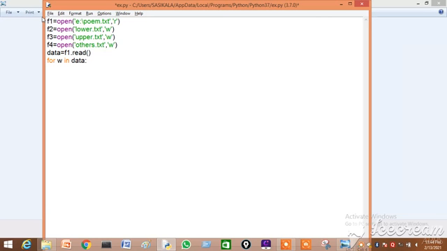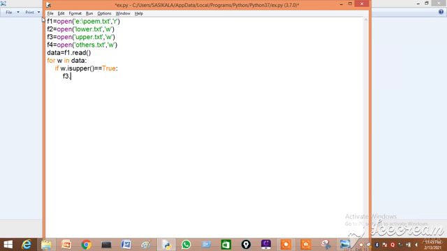Next we have to check whether the character is upper, lower, or other. So if W dot isupper is equal to true, this condition is true, it has to write it in the another file. Upper means which file?